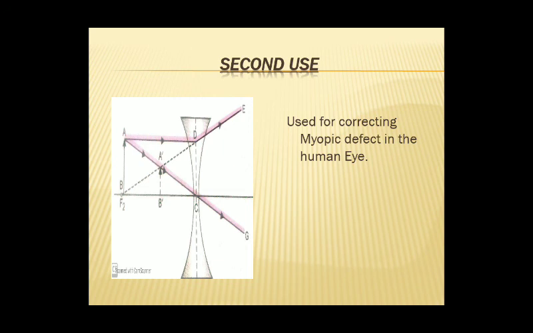Myopic defect is that defect in which the person is not able to see far objects clearly. In my case, I am using specs, right? I have myopic defect, so I am using a concave lens. If I take off my specs, अगर आप उतार के देखते हैं इसको तो you are able to see that it is thinner at the center and thicker at the edges. ठीक है, if you see the spectacles of your grandparents, it may be bifocal or thicker at the center and thin at the tapering edges. So only one use is there for the concave lens, right?